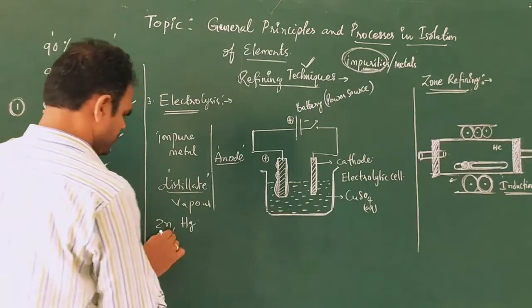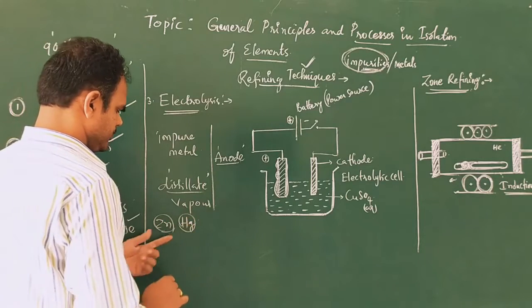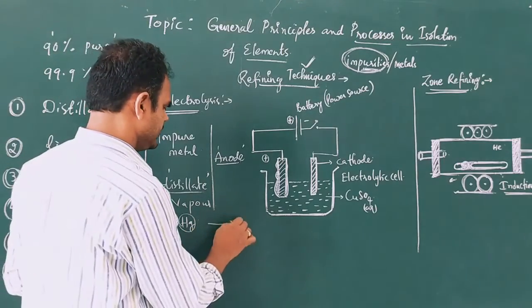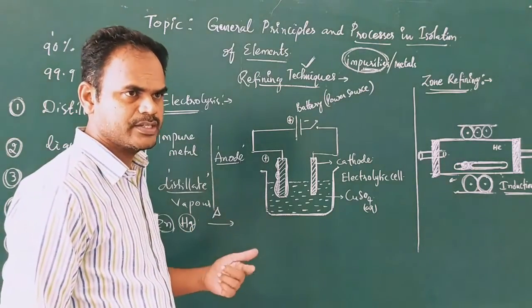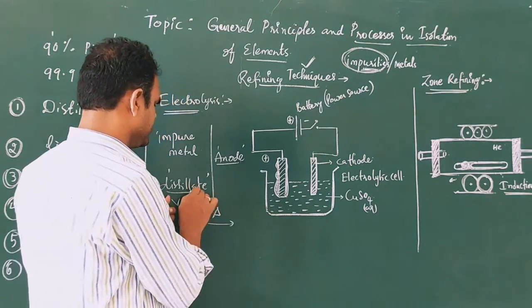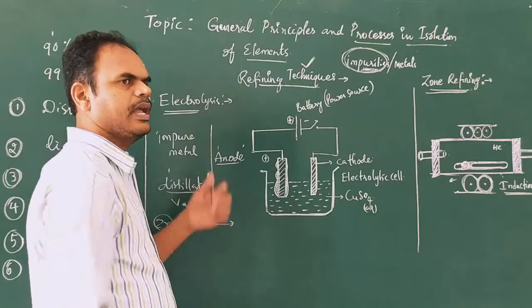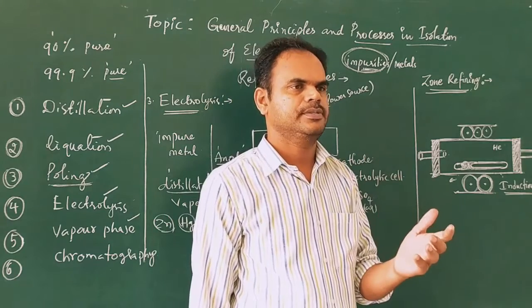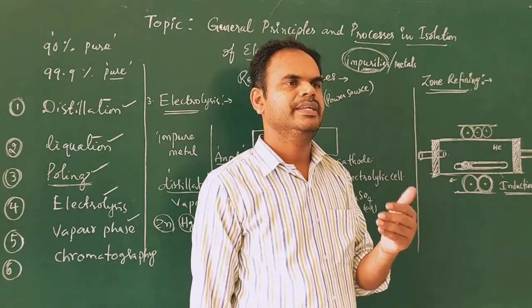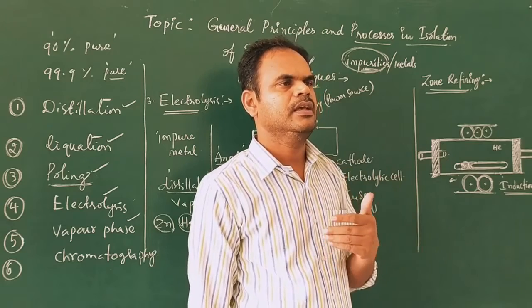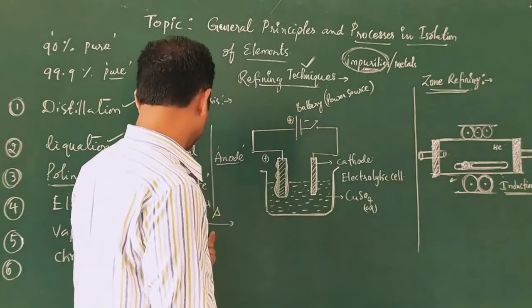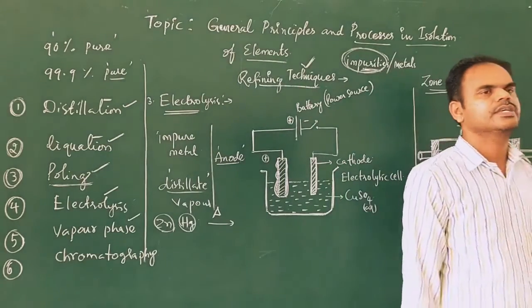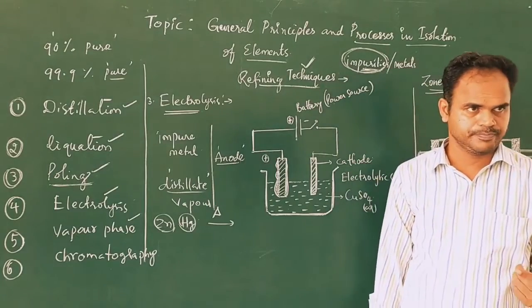If you want to get pure zinc or pure mercury, take their respective impure metals and heat them above the boiling point. Then you will get the distillate of zinc and of mercury. In the distillation process, condense the pure metals: decrease the temperature and you will get condensation. Then you will get the pure zinc and the pure mercury. This is called the distillation technique.